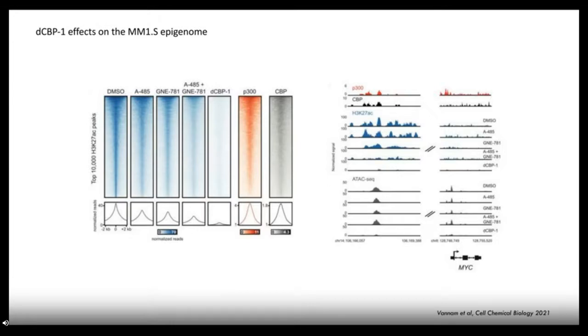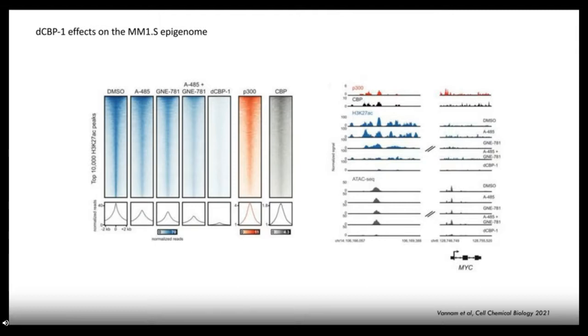And so we think that DCBP1 will be a useful tool for understanding the effects of CBP and p300 activity at enhancers, how they nucleate enhancer activity, and the acute effects of their depletion on chromatin. And we think it would be a good tool for teasing this out in cell culture and in vitro systems. We also think that there's a potential for DCBP1 or analogs thereof or other degraders of CBP and p300